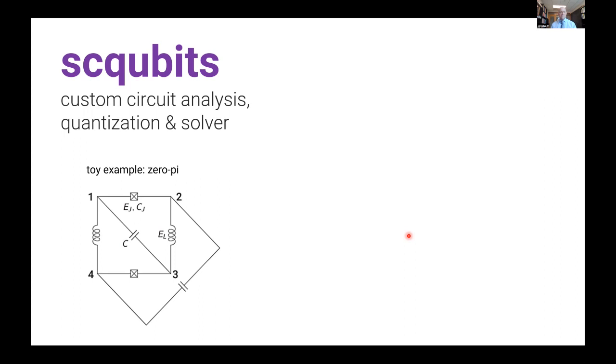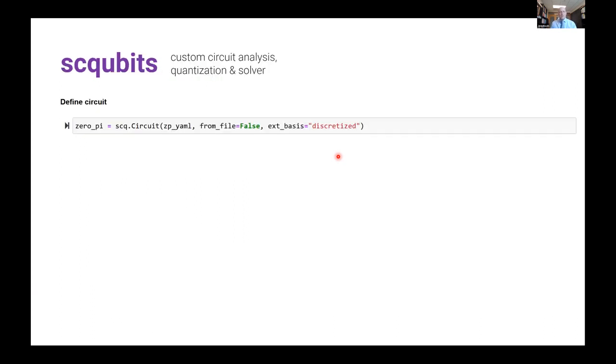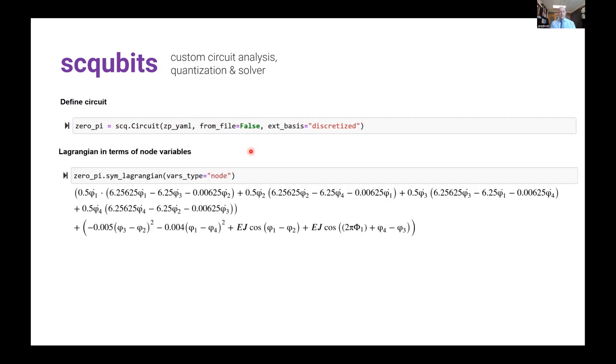So once you've drawn a circuit like this, you see that I've already enumerated the nodes of the circuit, 1, 2, 3, and 4. And one way in which we specify this as a graph is just to say, there are these branches, there are 2 Josephson junctions, there are 2 inductors, there are 2 capacitors. You see them over here. And we specify which nodes they connect, what parameter values are associated with these elements, and then it is actually quite straightforward to just hand over this description. That is what we put into this as a string,